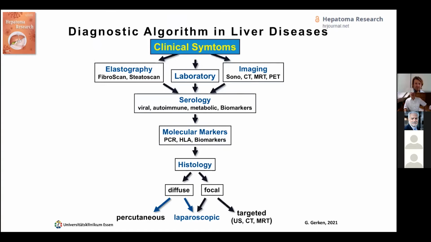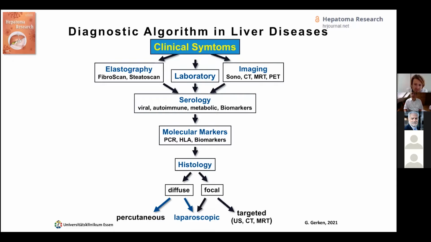And how do we go on in the diagnostic algorithm? As I told you, we begin with clinical symptoms, and the next stage is the indirect markers like laboratory analysis or imaging and elastography. Elastography is a new approach for liver diseases. We can use it for measuring fibrosis or steatosis, which are very important for the damage, for example, also from cancer treatment. And then the next step is to look for immunological, biological markers, for example, in PD-1 or in programmed death inhibitors, which already induce autoimmune